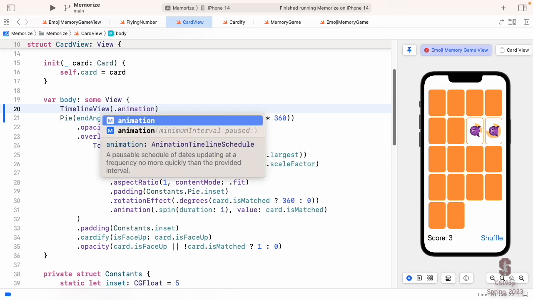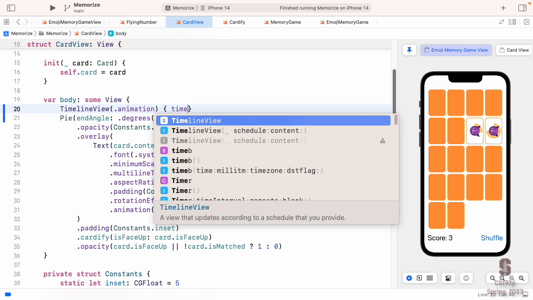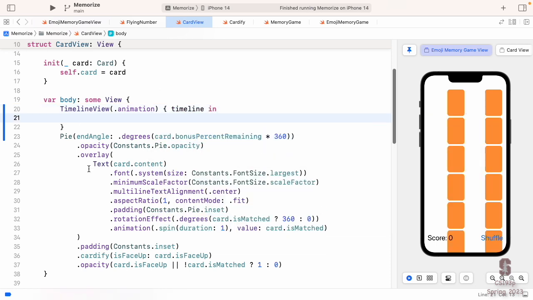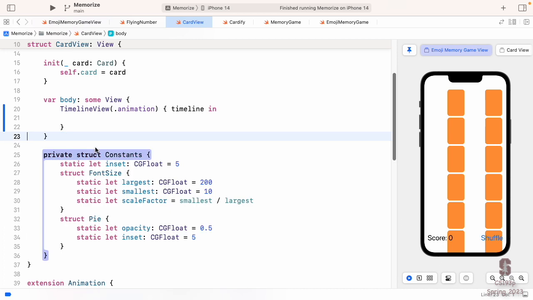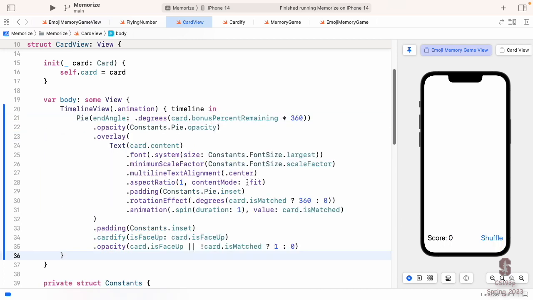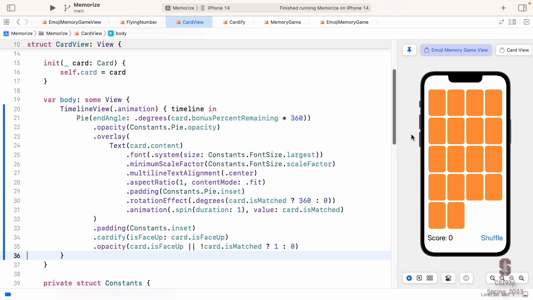But it has a great one called animation. And the animation one syncs up how often it calls this with the animation passes that it's making. So when it's doing animation, we know that it slices it up into pieces. Well, that same kind of piece slicing rate, whatever that is, that's what the animation timeline does. We just put our pie inside there, and look at that, timelining it down. The bonus time percentage is changing in the card because the card is keeping track of how long it's been up, and the timeline view is redrawing it repeatedly. And you can control how fast it redraws too.